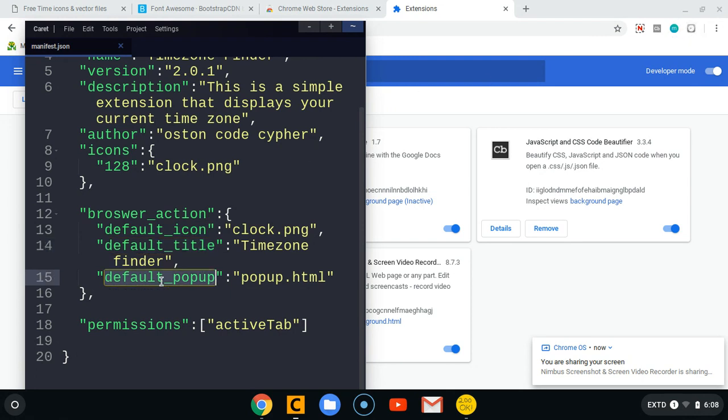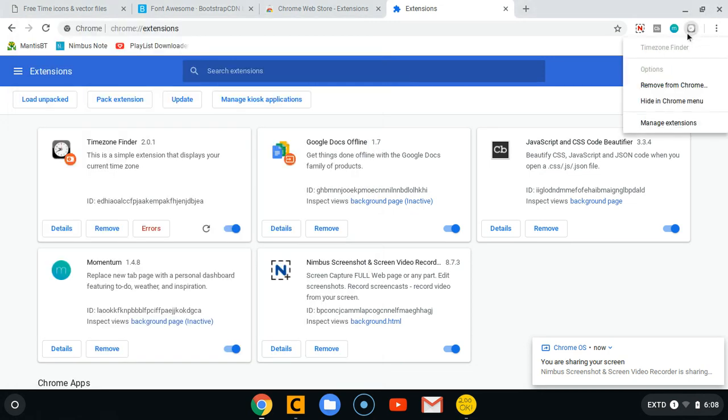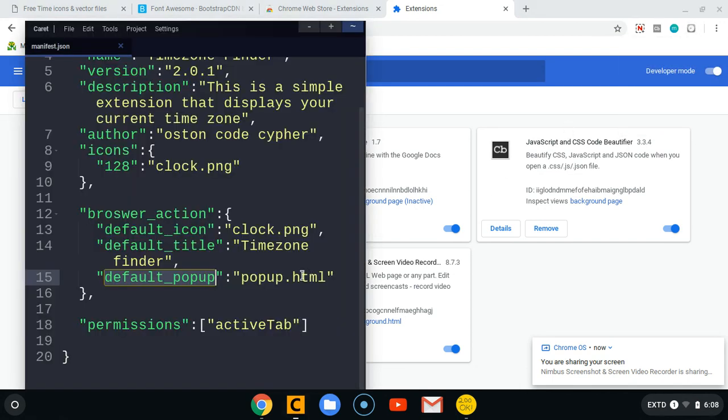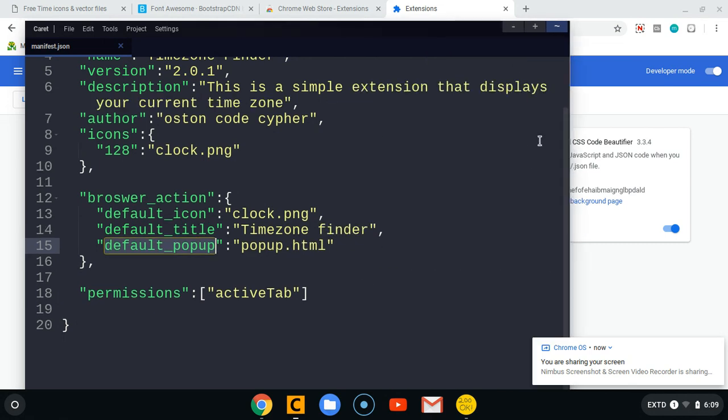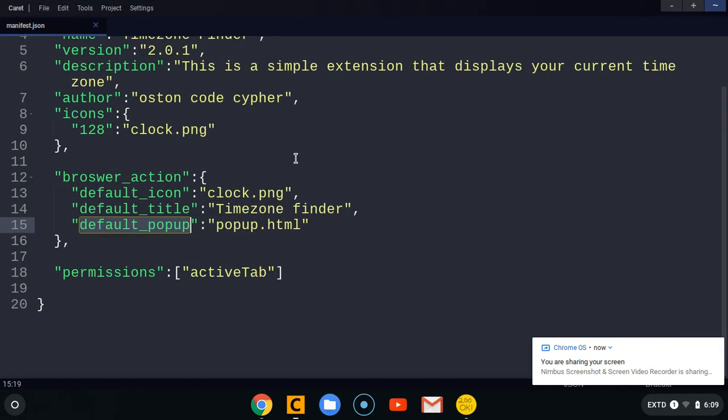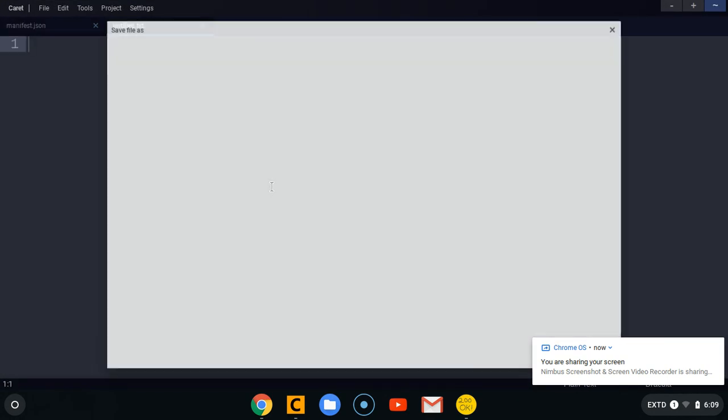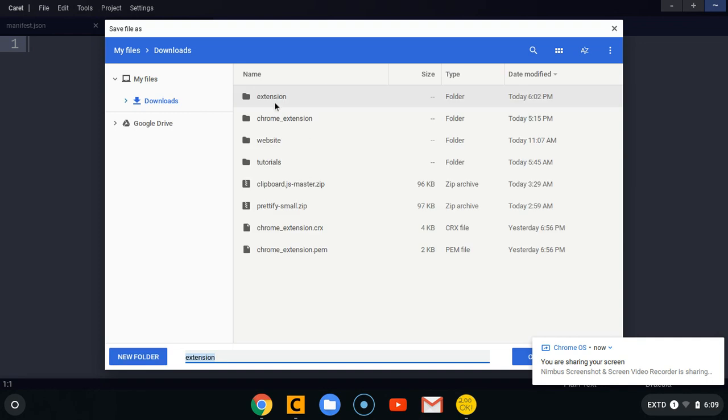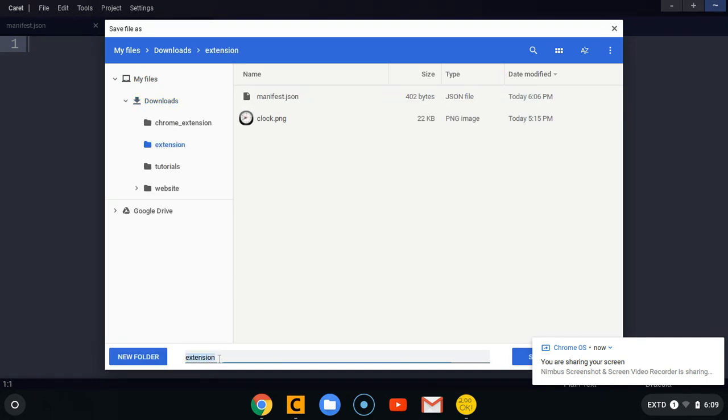Then for the pop-up, it's what's going to be displayed when the user clicks on this page. So right now it's not there, that's why they are not displaying it. We need to create a file called popup.html. Very simple. So I'm going to create a new file, and I'm going to save it inside this extension. They have to be in the same folder. So I'm going to call it popup.html,